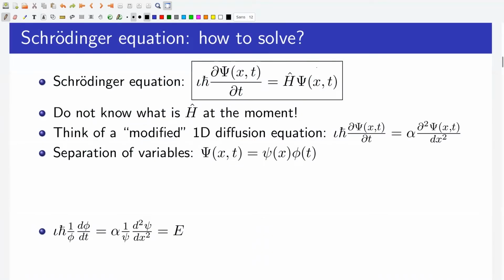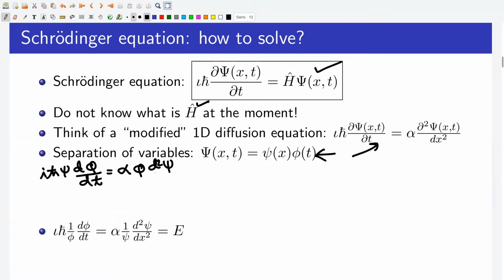So we have to solve this equation. We don't know what H is at the moment. However, you can think of a modified 1D diffusion equation, which looks like this: i h-cross ∂psi/∂t equals alpha ∂²psi/∂x². Such equations are solved by separation of variables. So if we replace psi(x,t) with psi(x) times phi(t) in this equation, what we get is the following: i h-cross psi dphi/dt equals alpha phi